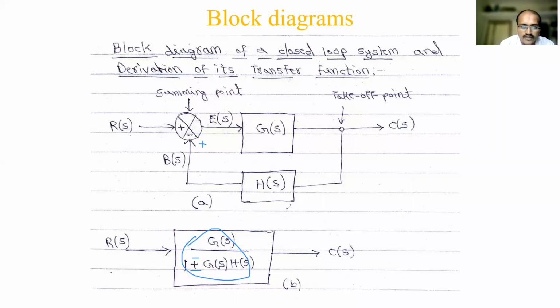So that proof only we are doing here for 6 marks. This is the block diagram we are taking for reference. R of S is the input, G of S is the forward transfer function, H of S is the feedback loop. This is the output of the feedback, this is the error signal, and this is the output C of S. The final transfer function will have only input and output. The intermediate summing points, G of S, H of S, takeoff point, everything is removed and made into one simple transfer function, that is G divided by 1 plus G into H. Since it is the first one, I am writing G of S, H of S. Normally it is understood; it is all in the S domain only.